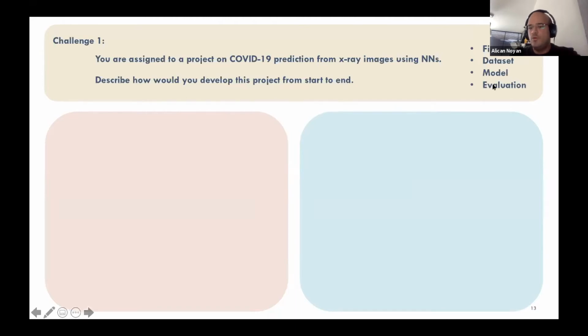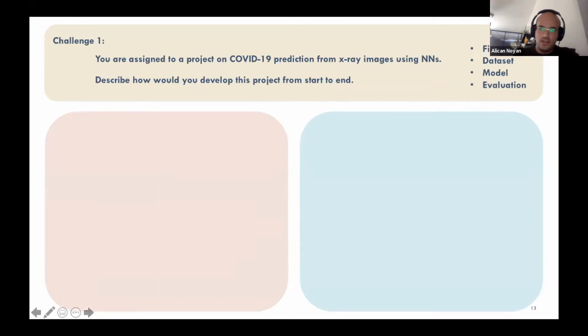And finally, how would you evaluate your performance, right? Are you going to do a train test split, with 3 data sets, 4 or 5, or are you going to do a cross validation? If so, how? What else would you do, right? Just do a train test split and look at your accuracy on the test set. Anything else you're going to do? I want you to describe this as well.